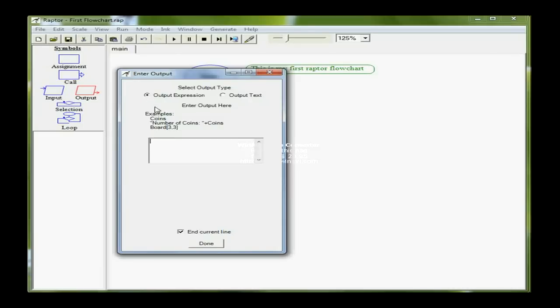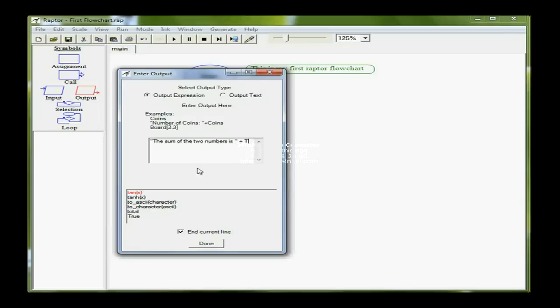That means that I can combine text or a label to indicate what I am printing out as well as a variable. If it just is clicked on output text, then I can't print the contents of variables. So since it's a mixture, I have to enclose the actual text in a set of quotes. So I want to label this, tell the user what it is that's printing in my master console. So the sum of the two numbers